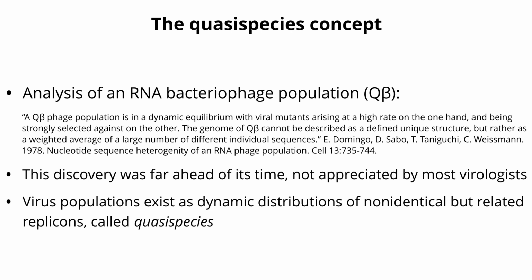The Q beta, which was a bacteriophage population, is in a dynamic equilibrium with viral mutants arising at a high rate on the one hand, and being strongly selected against on the other. The genome cannot be described as a defined unique structure, but rather as a weighted average of a large number of different individual sequences. So the authors of this paper called it a quasi-species, which is not